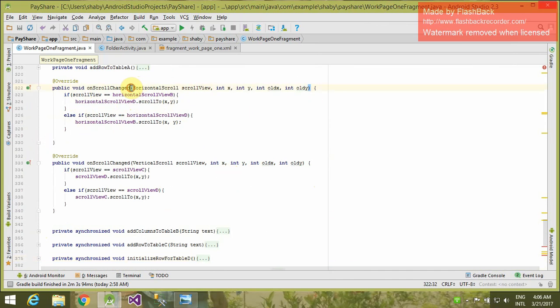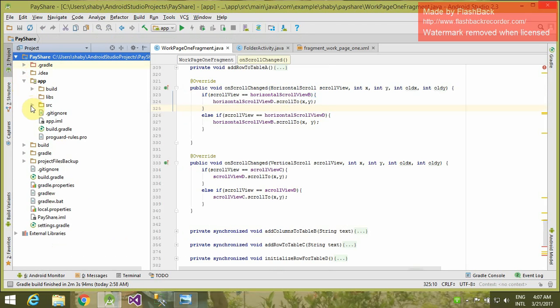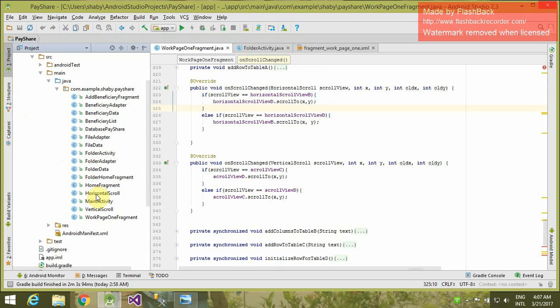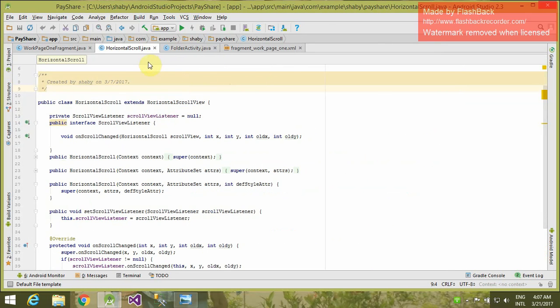One thing more, we all know there is a horizontal scroll view available for our use, but we have to override this horizontal scroll view to get our desired function to work. Let's see how we will override this. This is our overridden class.